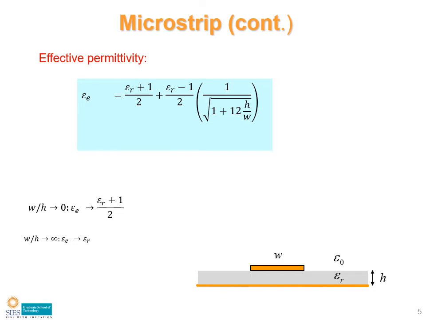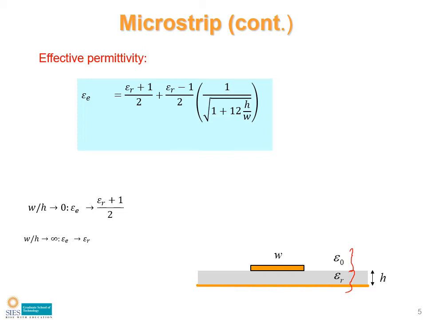Then we will see the next part of the analysis of this microstrip line, that is the effective permittivity. Now see, whenever the signal is traveling through the free space or through the dielectric, what happens? The signal has to face two different types of dielectric constant. For the dielectric material, we have the dielectric constant epsilon r, and in the free space the dielectric constant is indicated as epsilon naught.